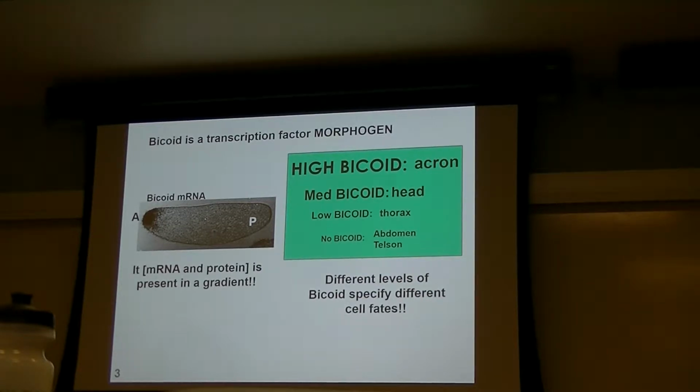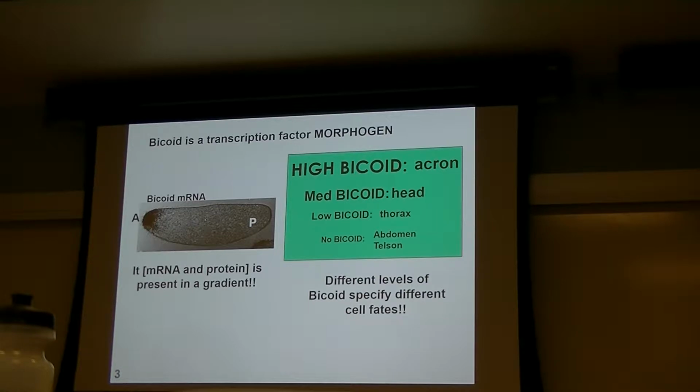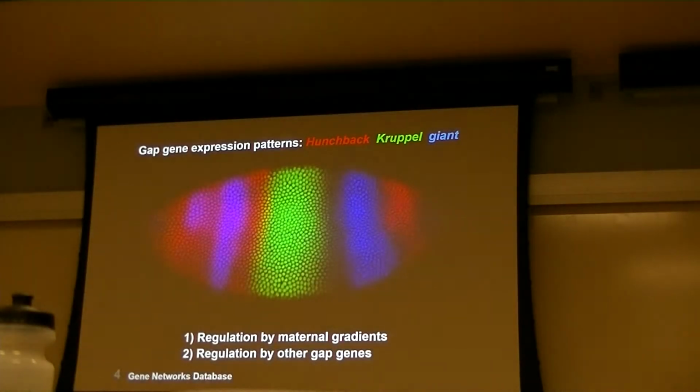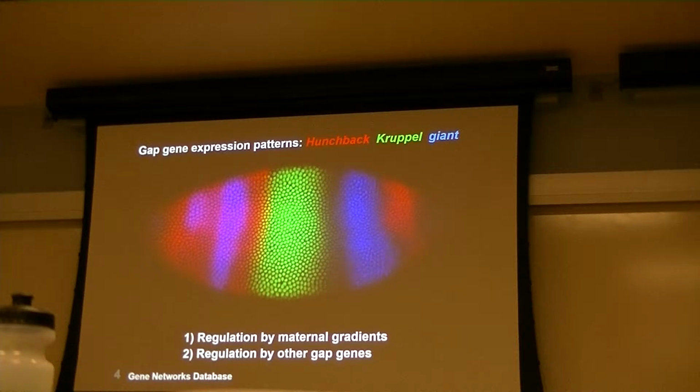So this is a gradient. We talked about some other gradients with nanos at the posterior, and I think it's fairly intuitive to think about how that works. So the first big question for today is how do we get from a gradient like this to a downstream expression of targets of bicoid and nanos and the other transcription factors, where it's a very chunked out type of